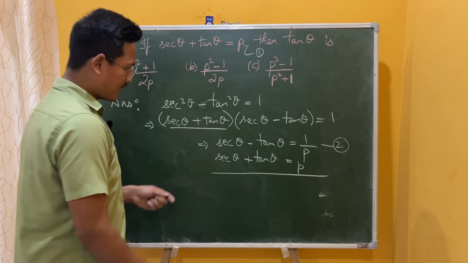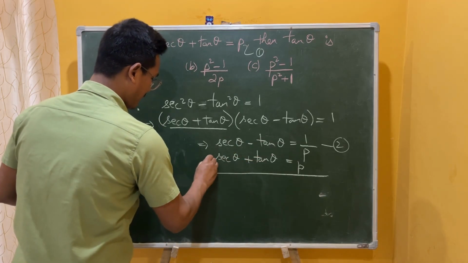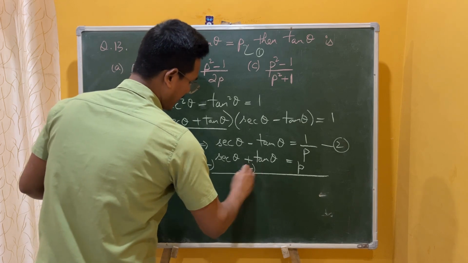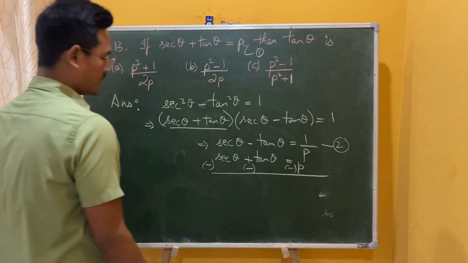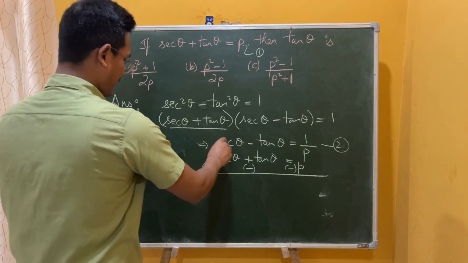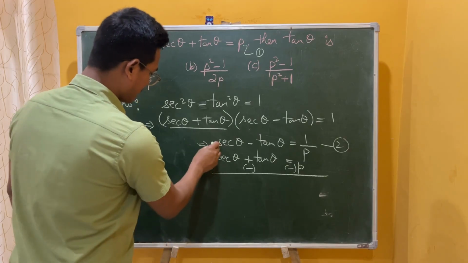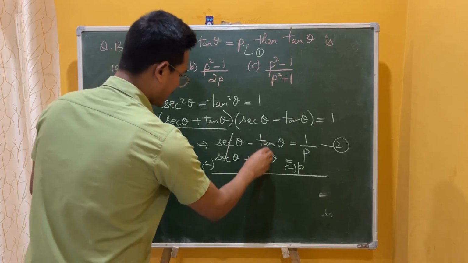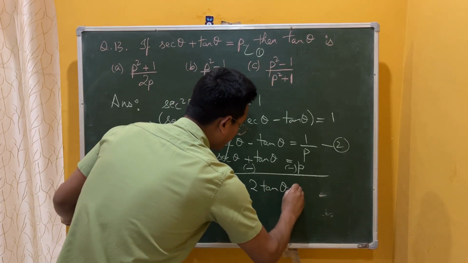So what I'm going to do is multiply this second equation by minus 1. So this will be minus, this will also be minus, and this is going to be minus. So my answer is that plus. Now after doing this, if I add them, plus minus cancels, minus minus, I'm going to get minus 2 tan theta equals